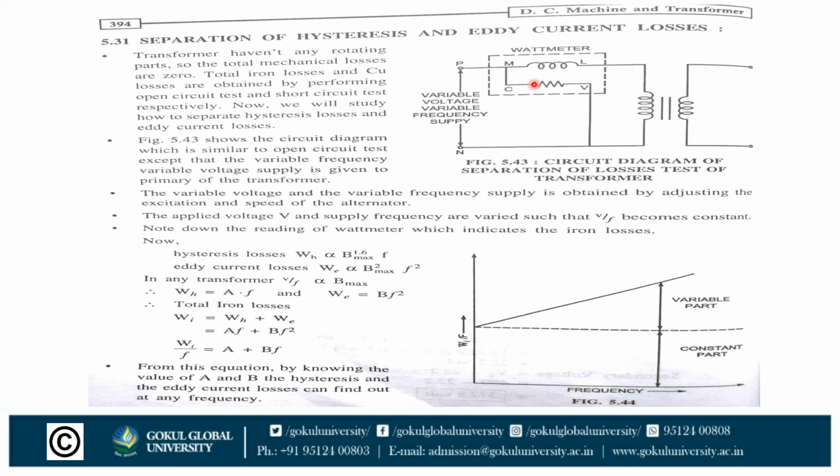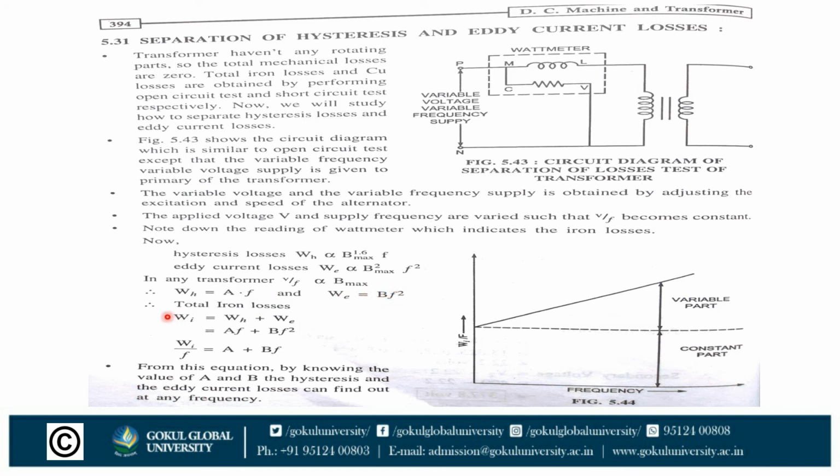Now hysteresis loss Wh is proportional to Bm raised to 1.6 into f. We discussed this earlier in the losses of transformer theory. So hysteresis loss is directly proportional to the flux density and frequency, and eddy current loss is directly proportional to the square of the flux density into the square of the frequency. So in any transformer, V by f is proportional to flux density. So hysteresis loss is equal to constant A into f, and eddy current loss is equal to constant B into